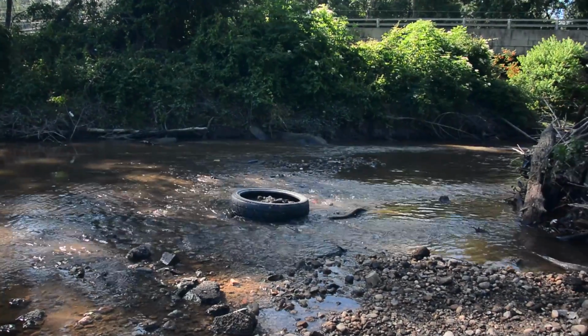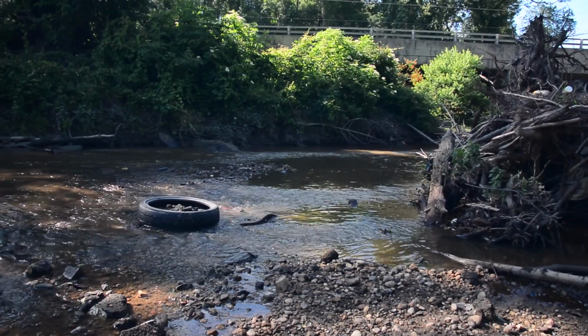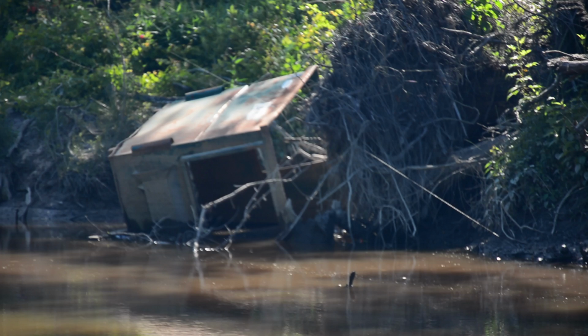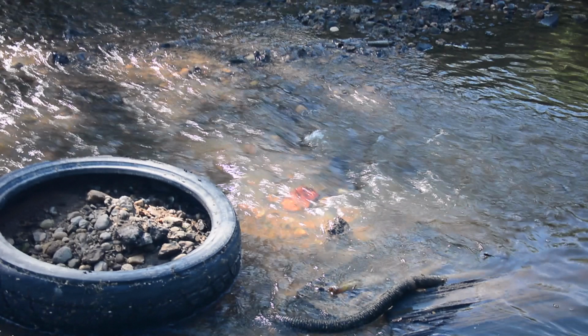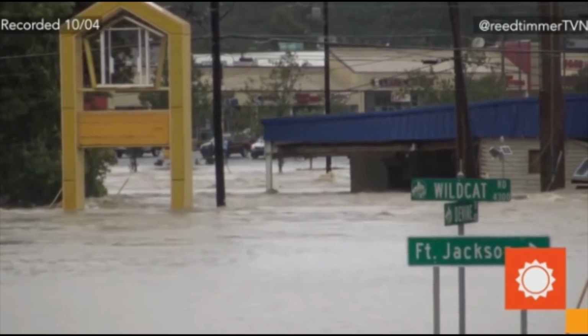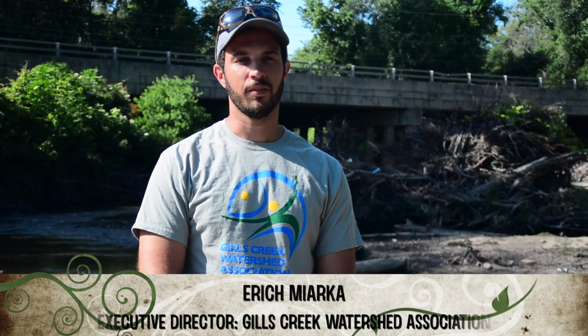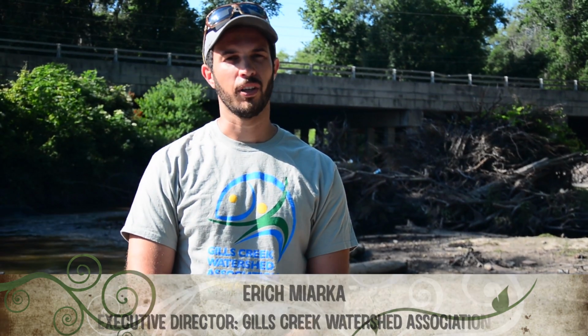Gills Creek is thought to be the most polluted urban creek in South Carolina. It has high levels of bacteria and low dissolved oxygen, which is what fish and other aquatic organisms need to survive. Of course, after the 2015 flood in October, we realized that Gills Creek also had a serious flooding issue. And many of these issues, water quality issues and the flooding issues, can be traced back to land uses upstream